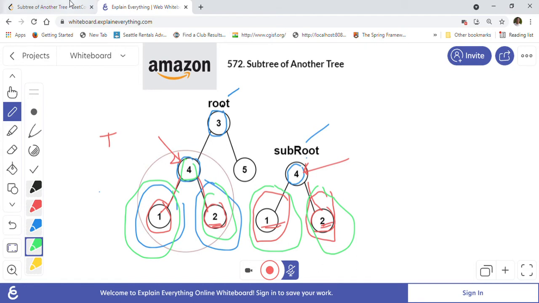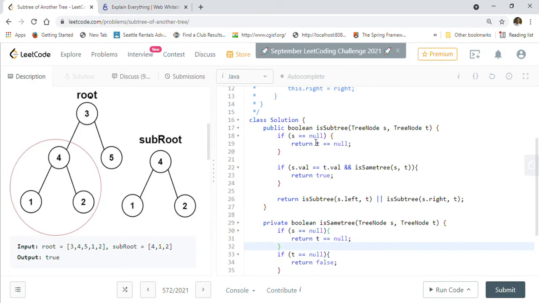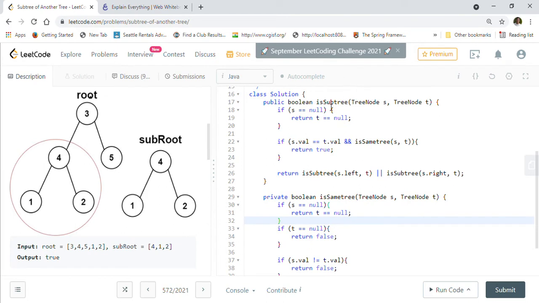So that is our recursive solution we are going to form. So isSubtree, this one, s and t is given to us. We will first check if s is equal to null. Let's say s is null, then we will have to check if t should also be null, then we will return true here. Otherwise we will check the value, like this value 3 and 4.